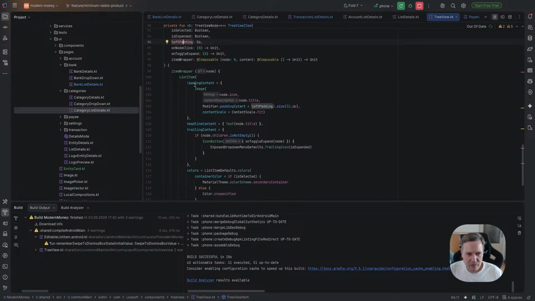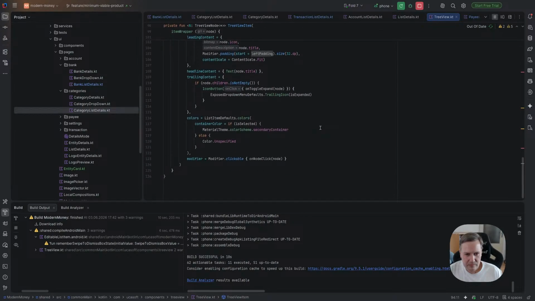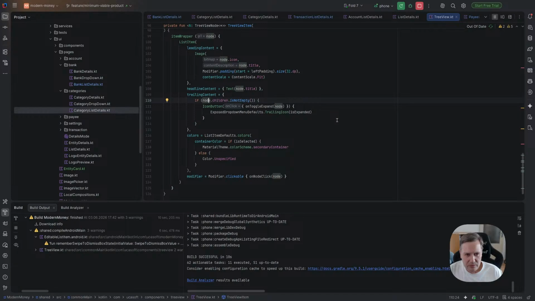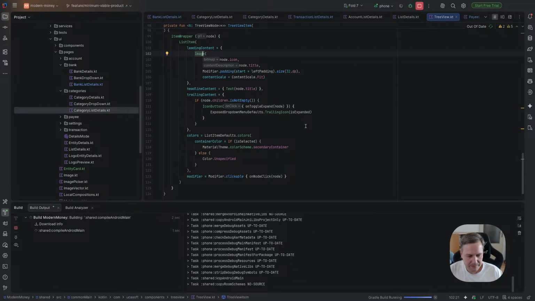The problem is about this leading content. We have to slightly move it. So to be honest, all this information should be maybe not here. It's okay. This is an interesting thing. We will think about how to solve it right now. So let's